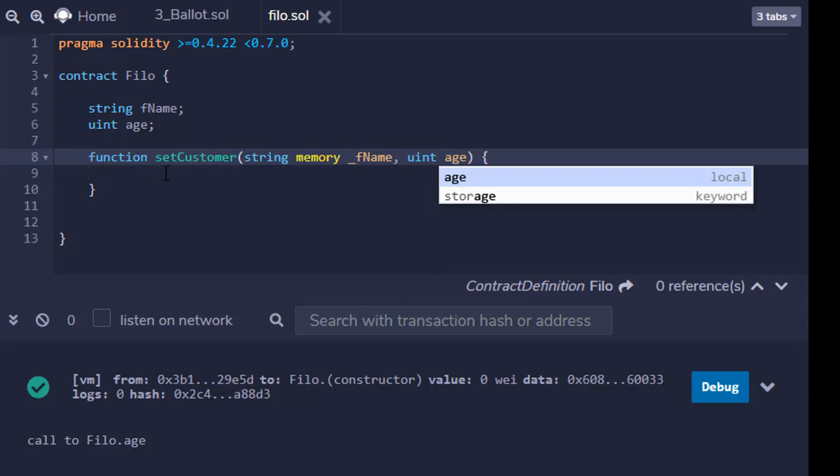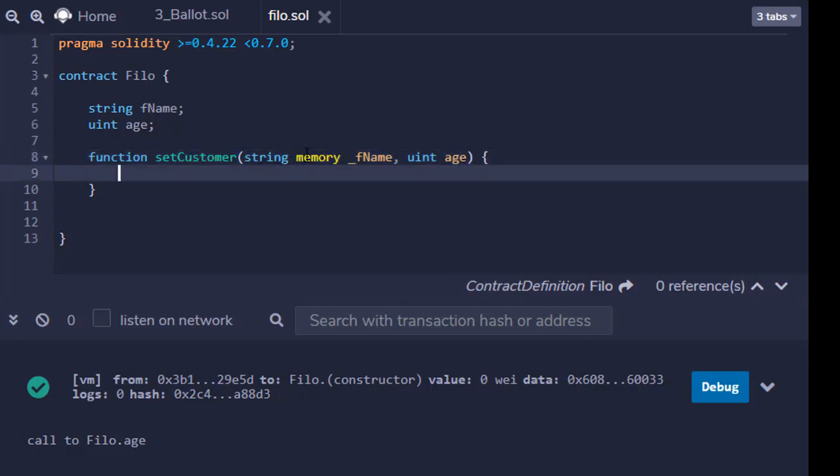So whenever we are passing the string, we need to write memory here. It is the default functionality, and it defines that we are going to be storing it.